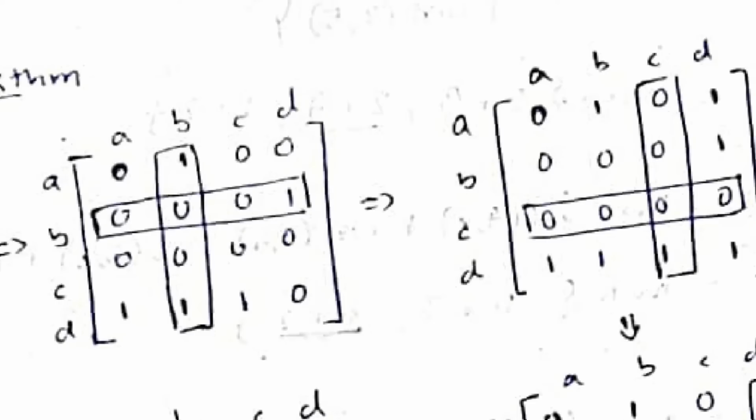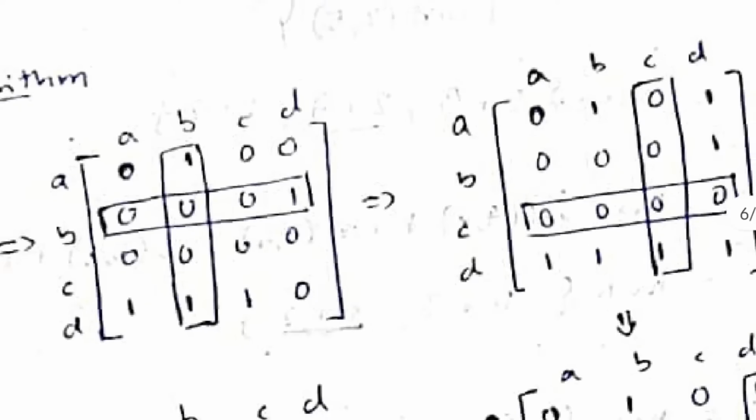Then after making the changes, select the third row and the third column, and do the same thing here also. Check where there is 1. 1 is here, but all these are zeros, so there will be no change possible for any of these. This will be the same here.